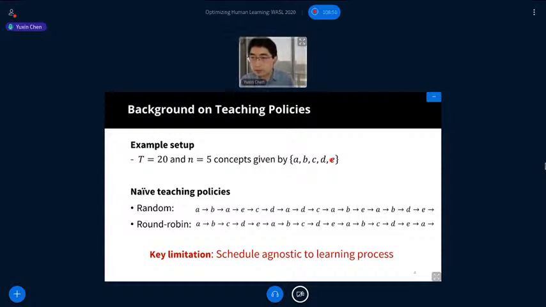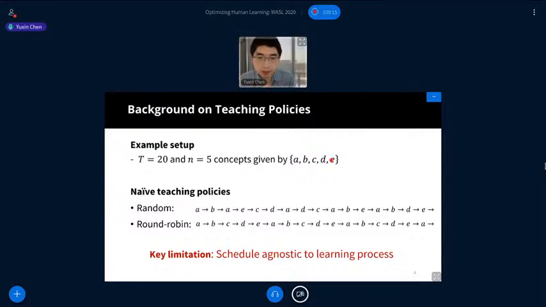All right, so let's consider one example teaching scenario. We have a total of 5 concepts, and we want to teach the 5 words in 28 different rounds. So within a budget of 28 times, we can allocate how frequently to show a word sequentially, and our goal is to maximize the retention rate.